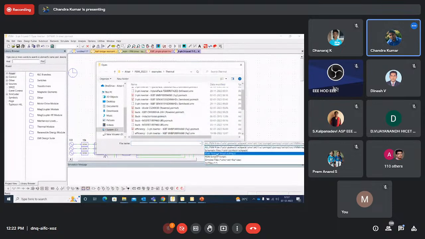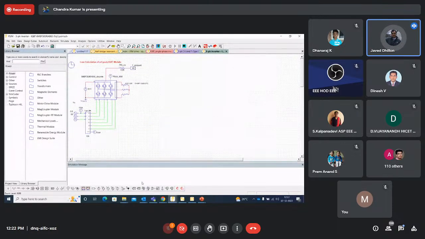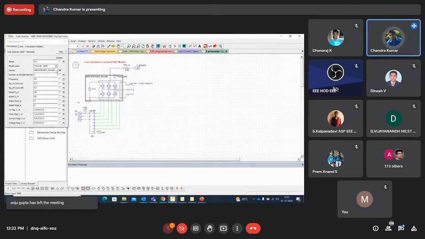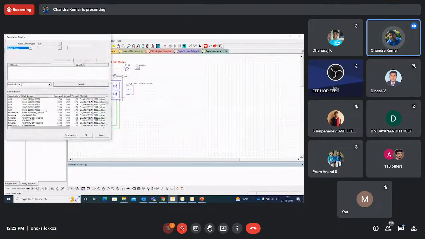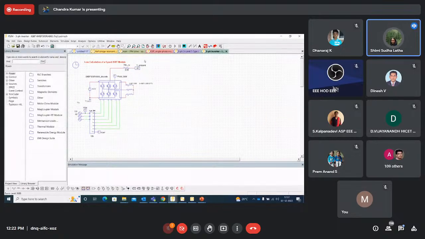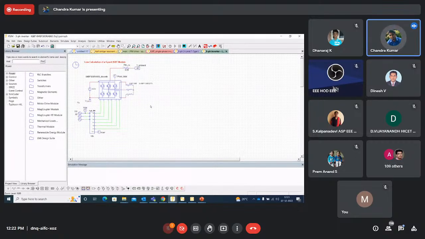Sir, is there any example related to a BMS system, battery management system? Yes, we have it. Let me show. This is the loss calculation for a six-pack IGBT. So this is a six-pack inverter model. You have a lot of different vendors like Infineon, Semikron. You can add different databases here. Basically there's a total loss and case-to-sink temperature. Like you have the data sheets of different vendors also. Yes. Go to the device database editor. You have the complete vendor list here.